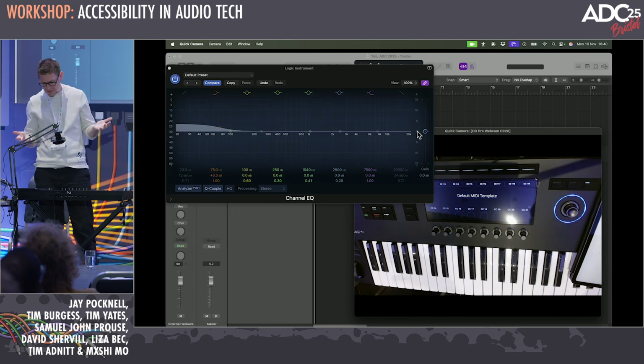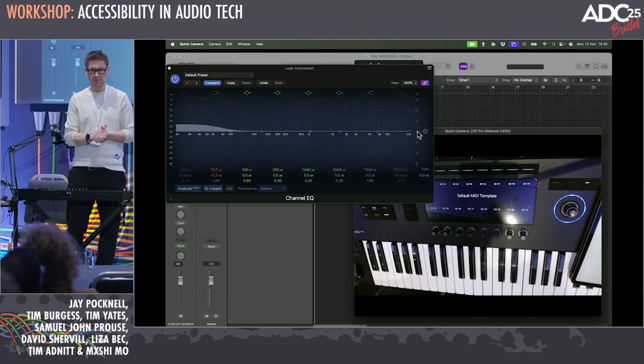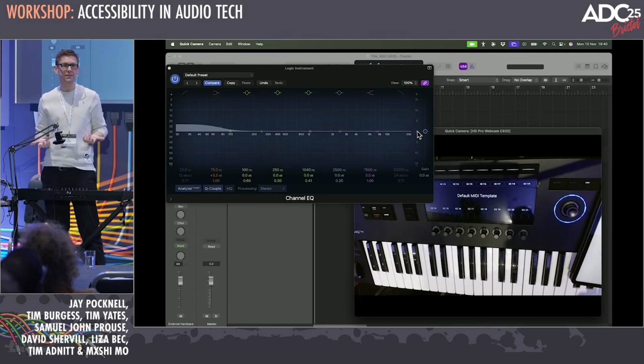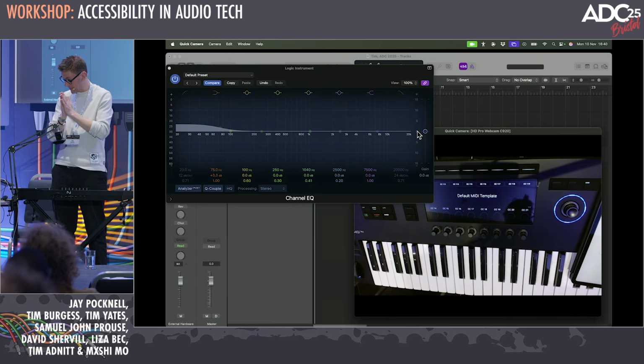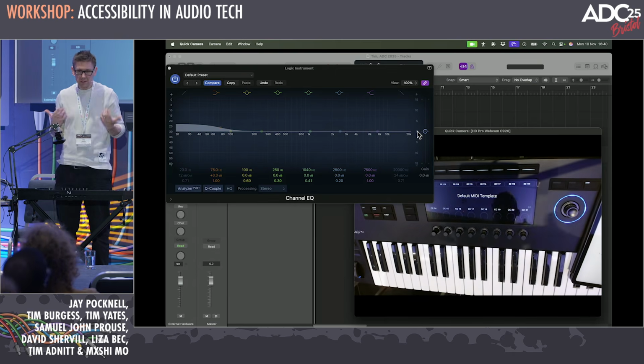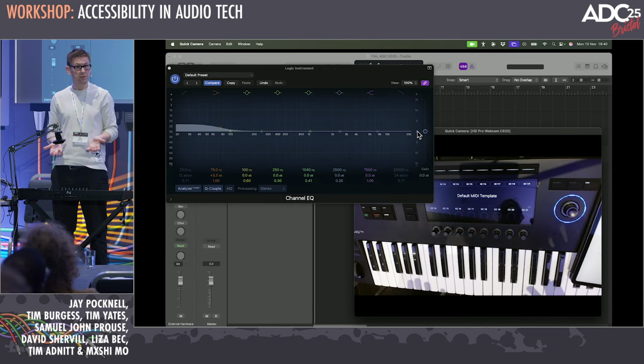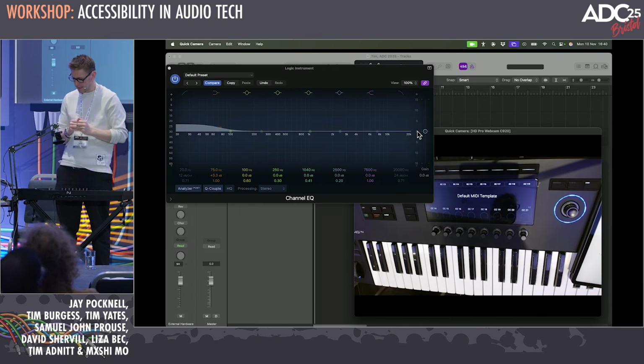So MIDI mode also was not accessible previously. If you ended up on a track that didn't have context, or it didn't have complete control on it, in the past there was really nothing much you could do from the keyboard. So you were always reliant on having that shell in the way. But MIDI templates, what they mean